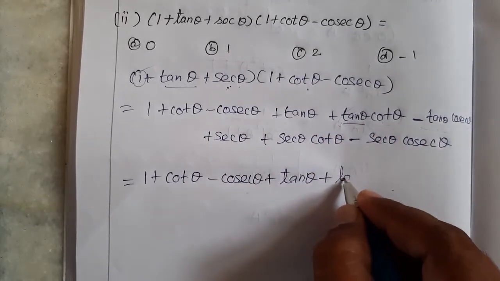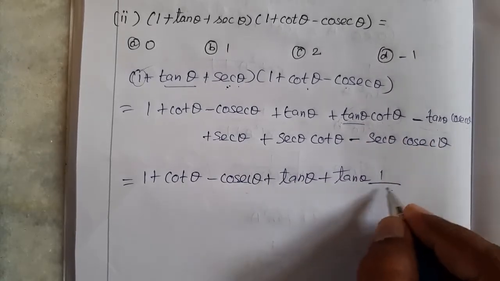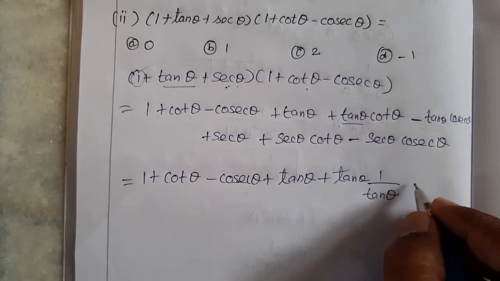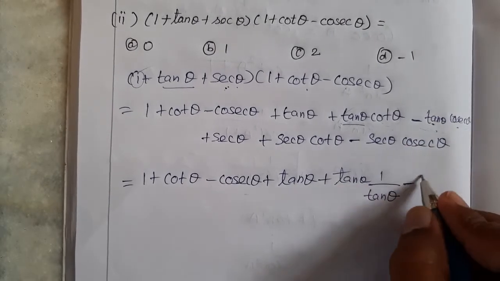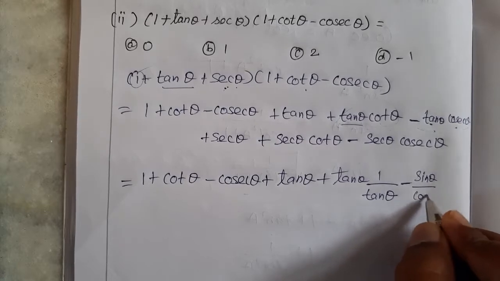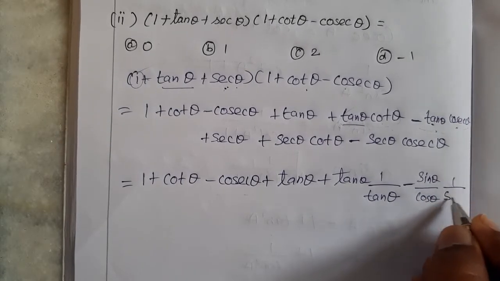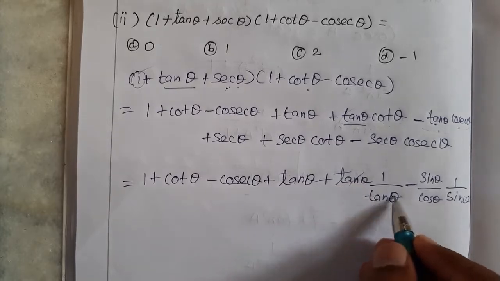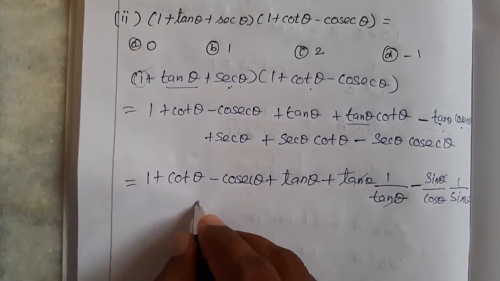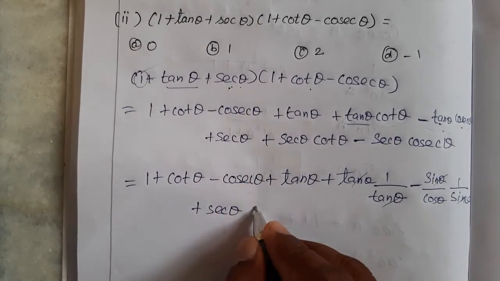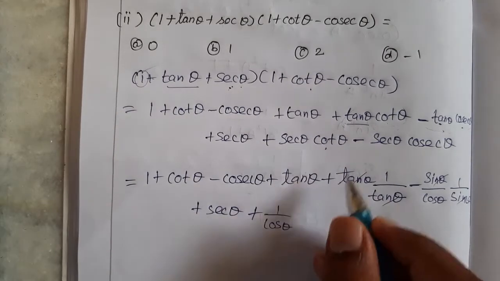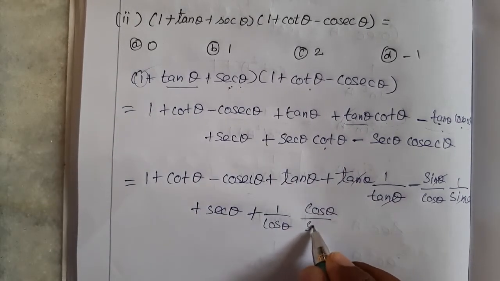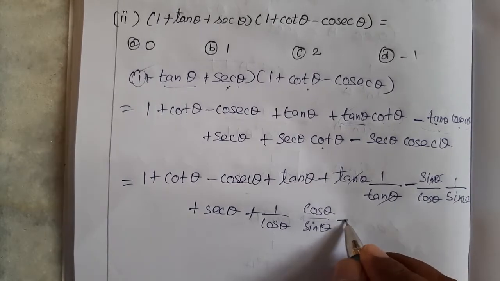So it will become tan theta, and the cot theta we can write as 1 by tan theta, minus here sec theta. The tan you can write as sin by cos, and cosec we can write as 1 by sin. So sin will be cancelled, sin theta by cos theta, this 1 by sin theta. So here the tan is cancelled and sin is cancelled. Here is one term, so let me write the same, the sec theta plus, the sec also we can write in terms of 1 by cos, since the cot theta we can write as cos theta by sin theta, that we have learnt in the trigonometric ratios.